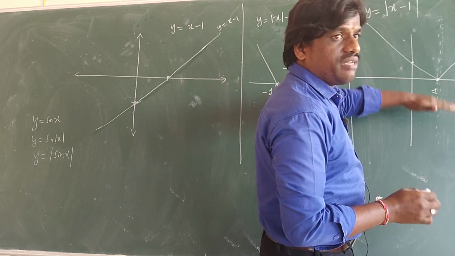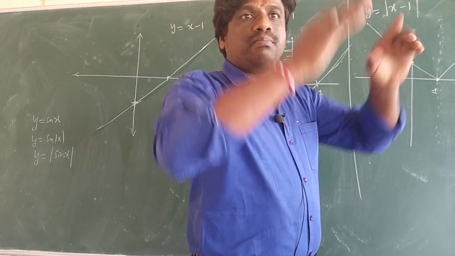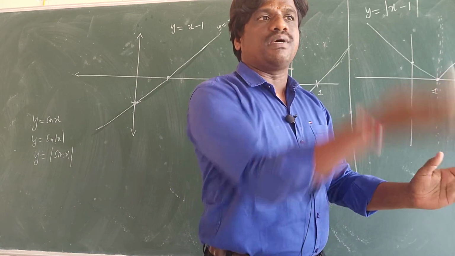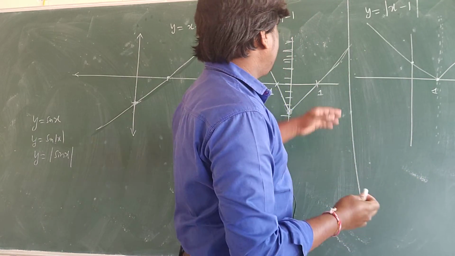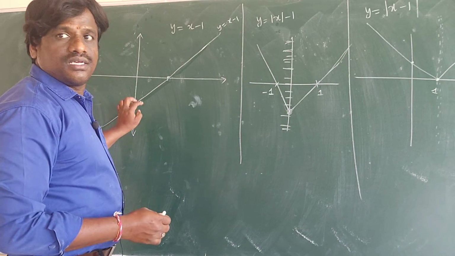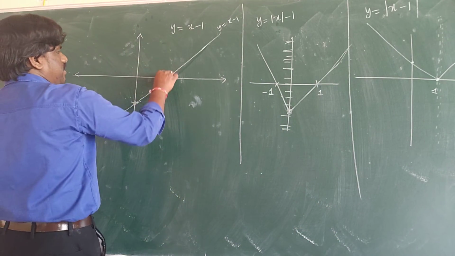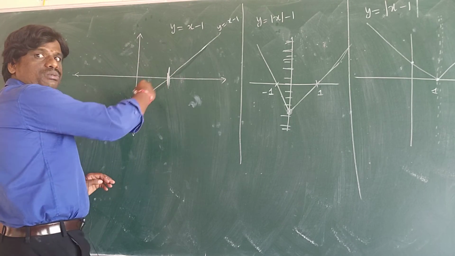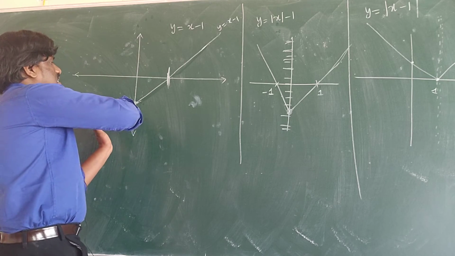There will be no negative if I keep the modulus. So the negative part will not come down, it will jump up. Actually this function, y is equal to x minus 1, this is the line. So what is happening here, from this point, whatever the negative part is, that is reflecting above